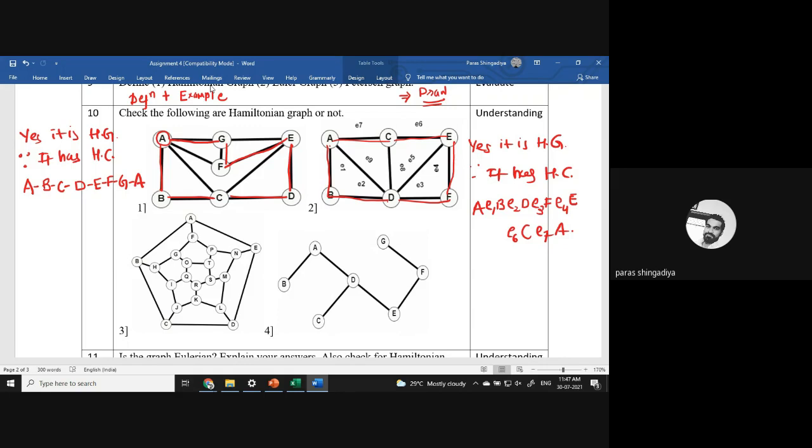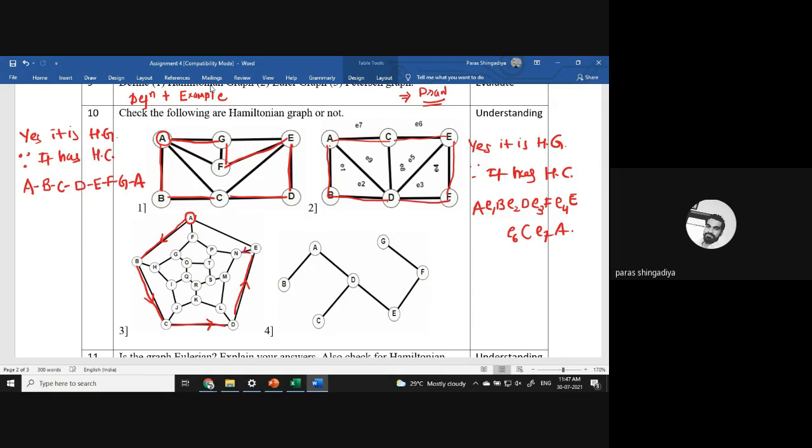Here I consider the starting place as A. You can consider any starting place, and you can easily find such a route. So let's start with A. Then A to B, B to C, C to D. Let's consider this arrow so we'll get an idea. Then D to E. Clear? And from E you do not go back to A. You just move to the inside, from E to the inside.